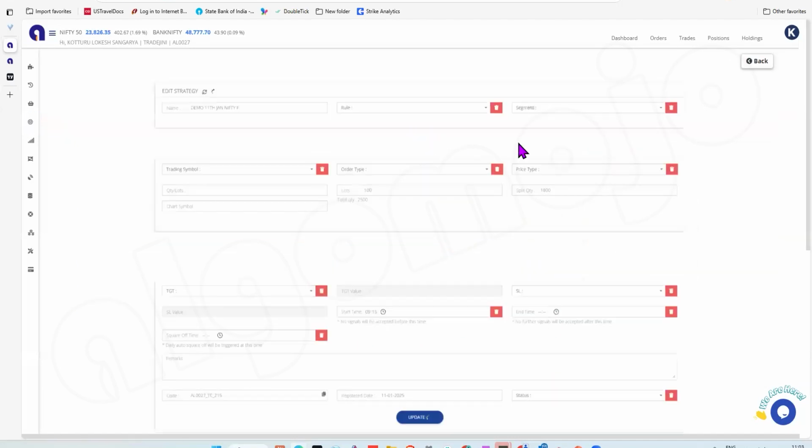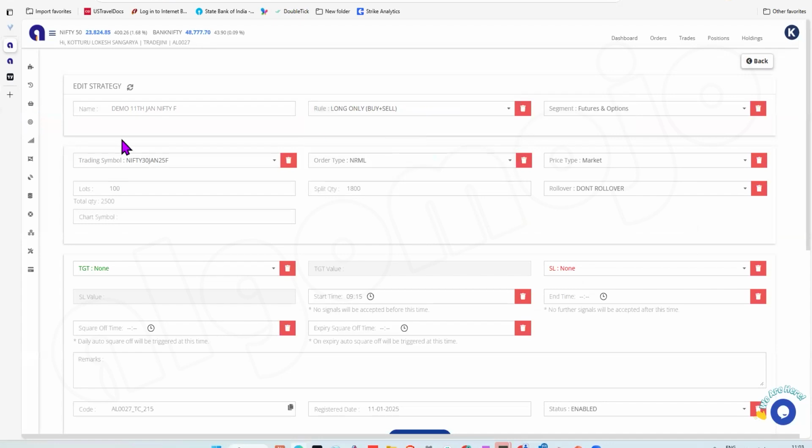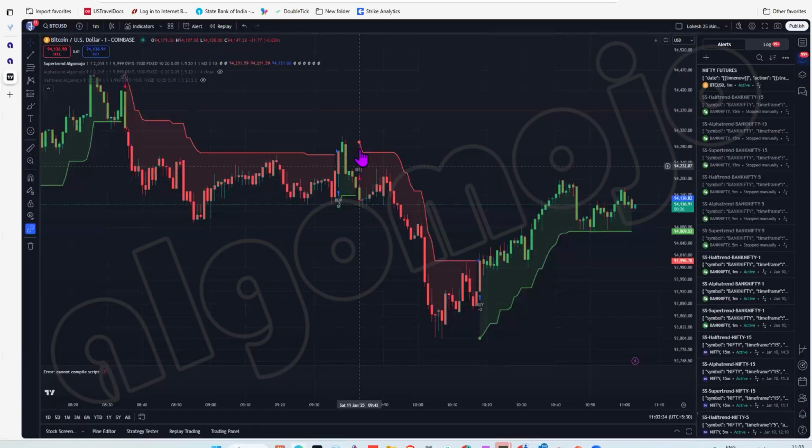There are four rules, five rules as such. If you select long only, then it will take only the long signals. It will not take any of the short signals. So there, as you can see here,